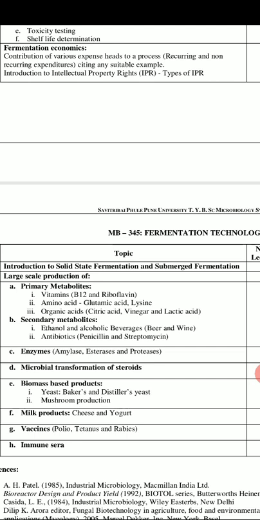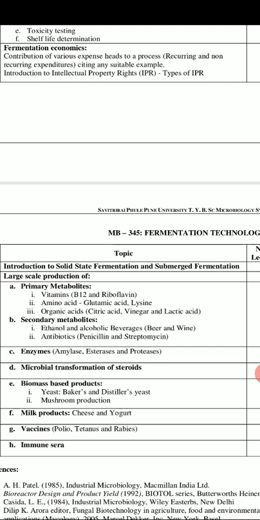Also the microbial transformation of steroids is carried out. Now how are steroids generated? How are steroids transformed for the production of various types of drugs, or to carry out various different types of reactions like oxidation, reduction, isomerization, etc.? That we'll study in detail.